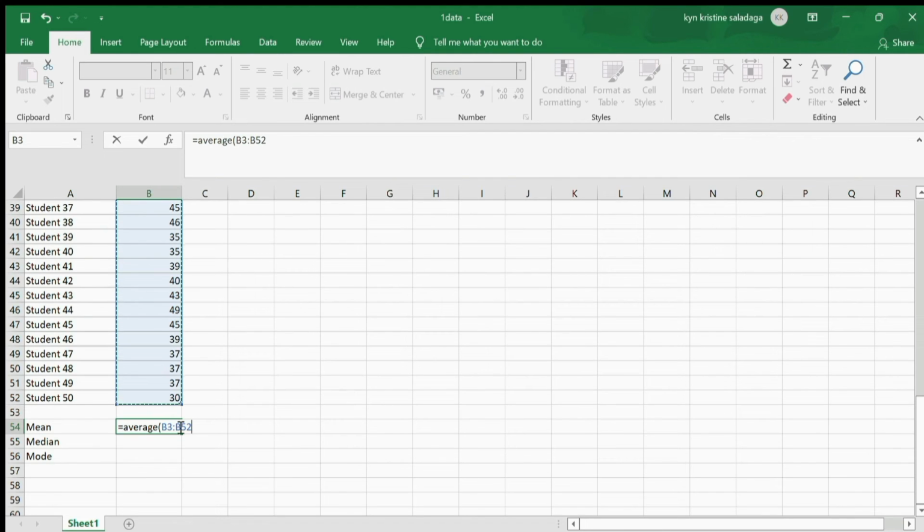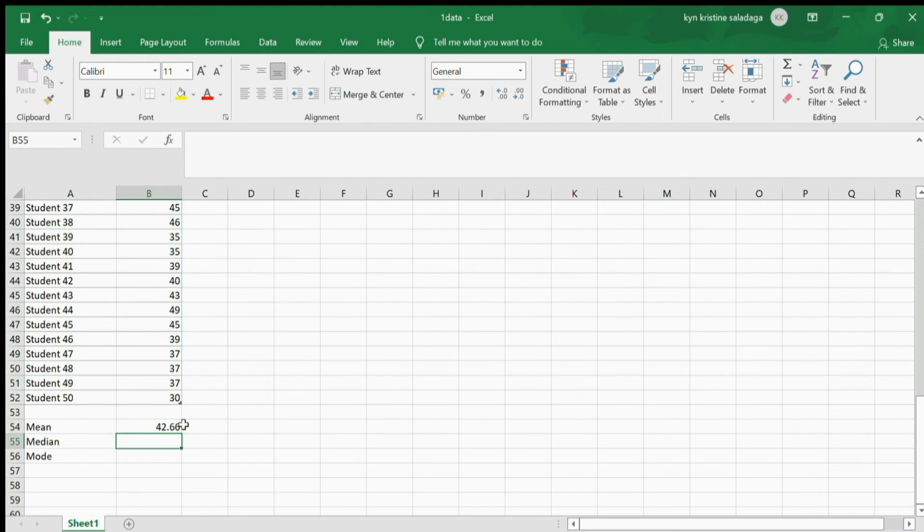To automatically solve it, we just need to press enter or put a close parenthesis. Now we have the mean as 42.66 from the data given. Let us move on to the median.